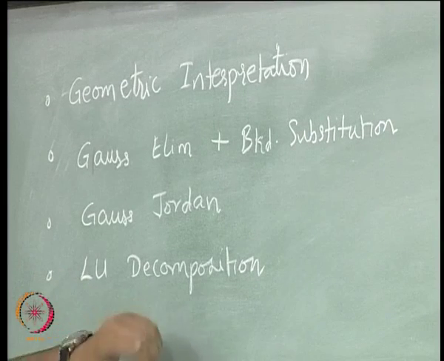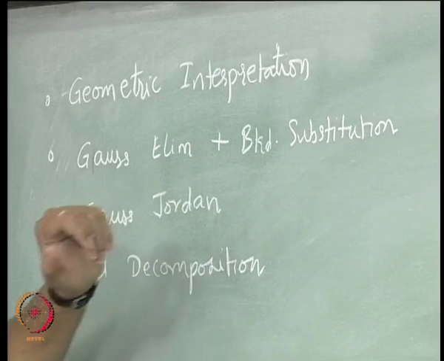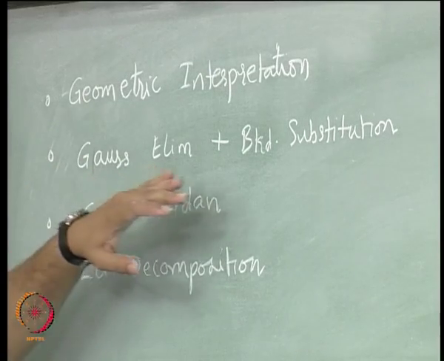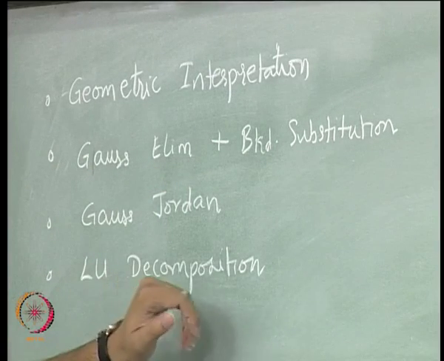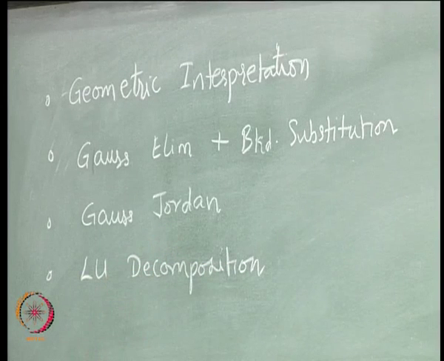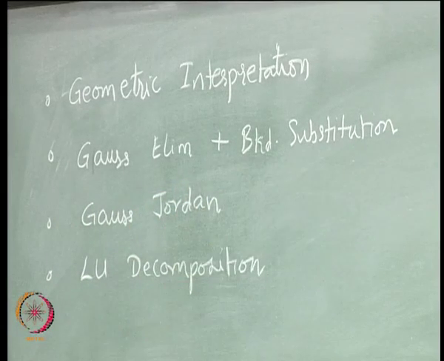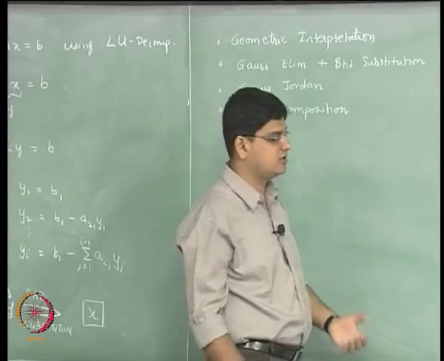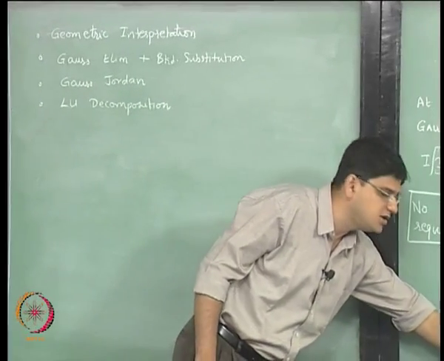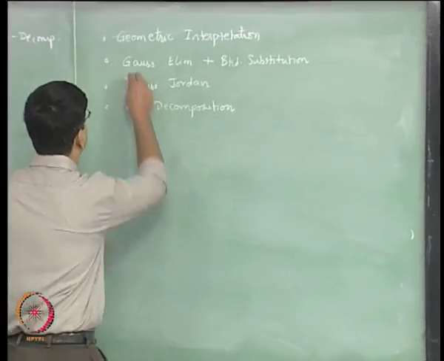Now the question is, why would you use the Gauss-Jordan method, or the Gauss elimination method, or is it actually useful to learn about the LU decomposition method when we already have the Gauss-Jordan method as a way of solving? The answer to that question is that the Gauss elimination plus backward substitution method is really the workhorse. That's the method that is typically used in most examples.